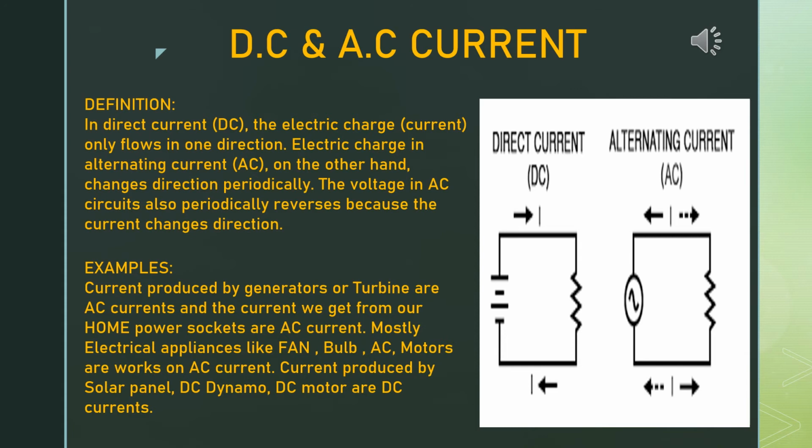Now see the diagram please. Here for direct current or DC, you will give the arrow in one direction only. But in case of alternating current or AC, after drawing the circuit, you will give the arrow in both directions. Actually, in AC current, voltage is required. See, there is one circle-like structure, and within this one question mark, that is actually voltage, determining the voltage.